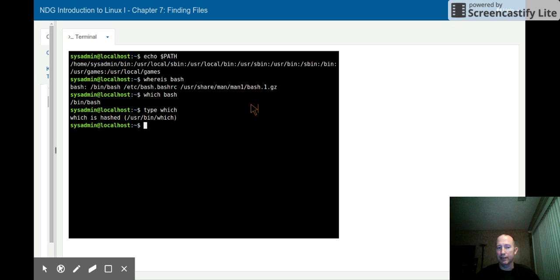So if we look at bash, there it is, /bin/bash. Let's see, if we look at another type of file, the echo command, you can see that the type output is different than the which output in this case. And it tells us that